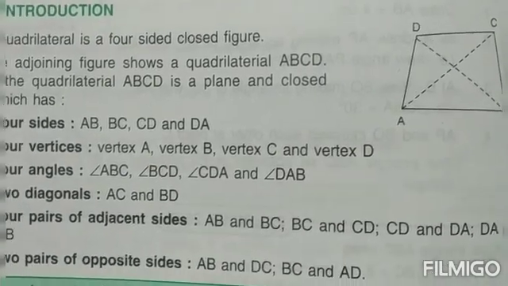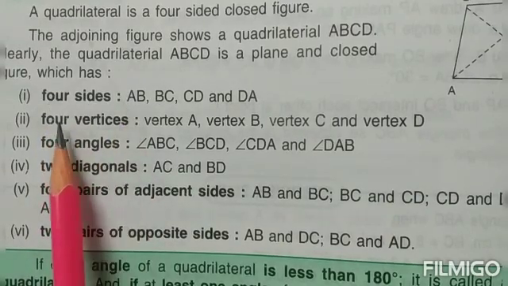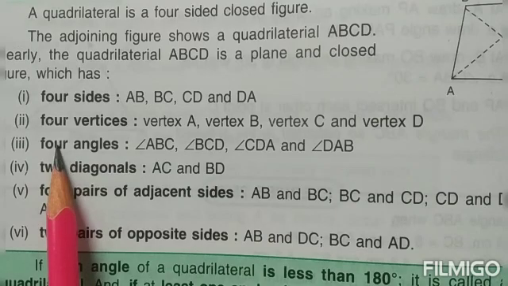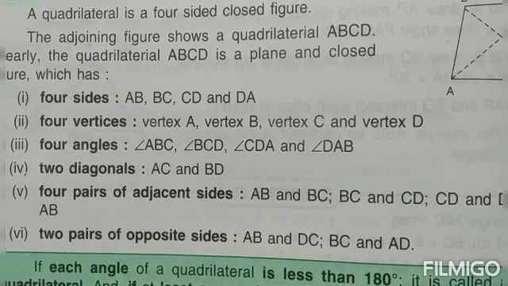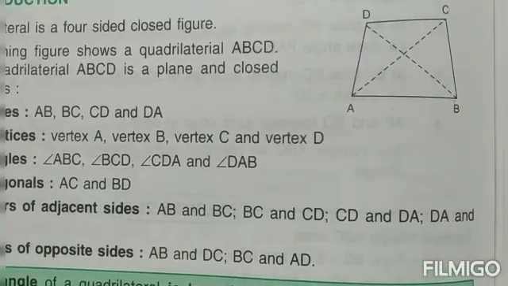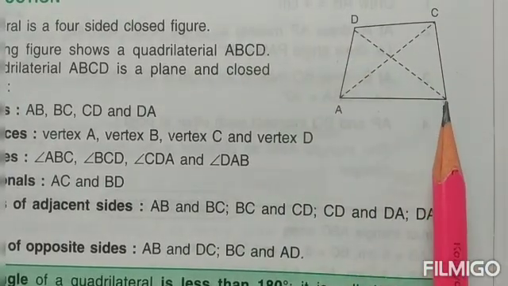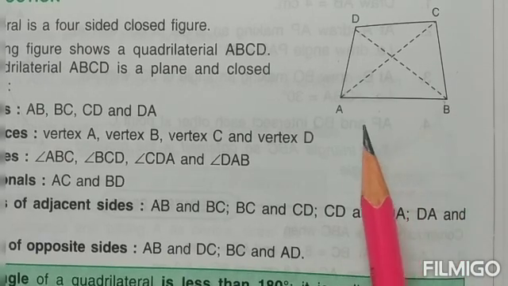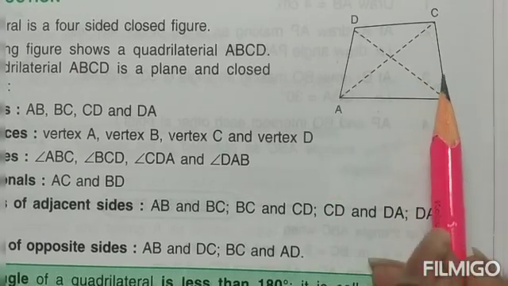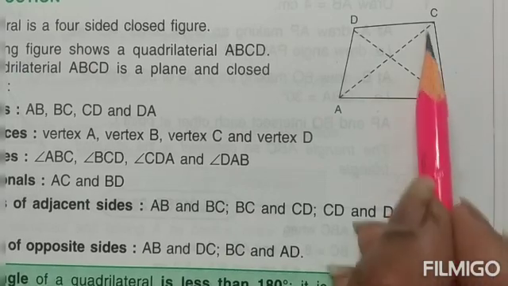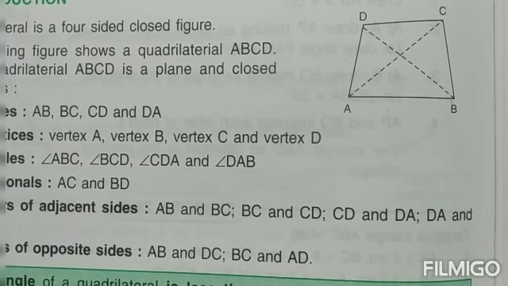Now certain details about this are written over here. Every quadrilateral has four sides. It has four vertex. It will also have four angles, one angle at each vertex. It has two diagonals. It has two pairs of opposite sides, one pair and two pair. Similarly, it has four pairs of adjacent sides. Adjacent sides means children two sides which come and meet each other. So AB is the adjacent side for BC. BC is the adjacent side for CD. So this way it has four pairs of adjacent sides also.